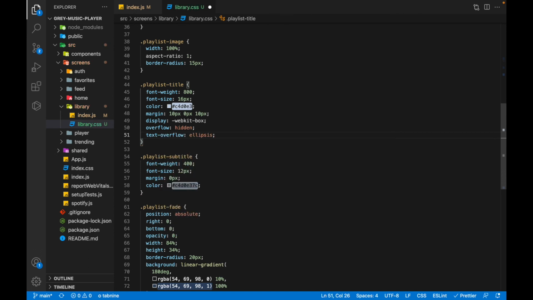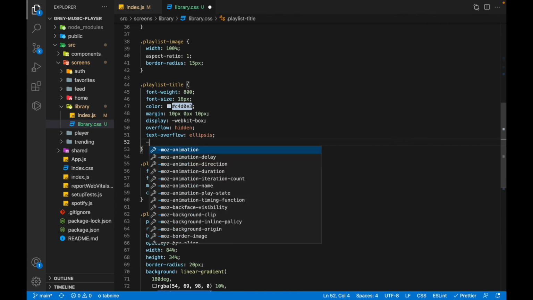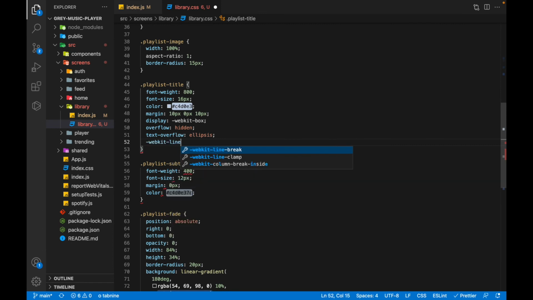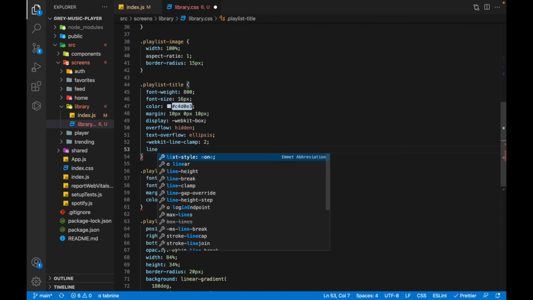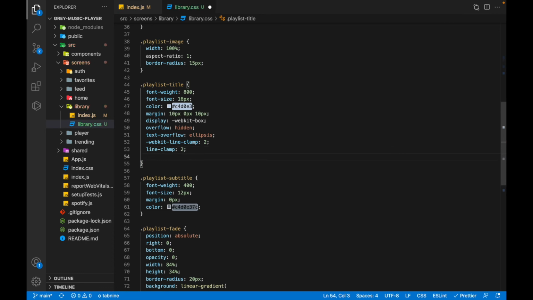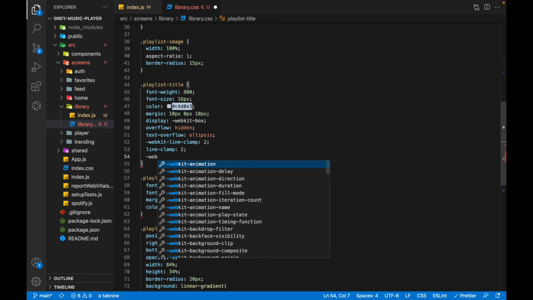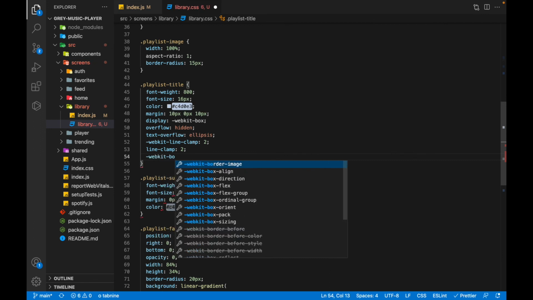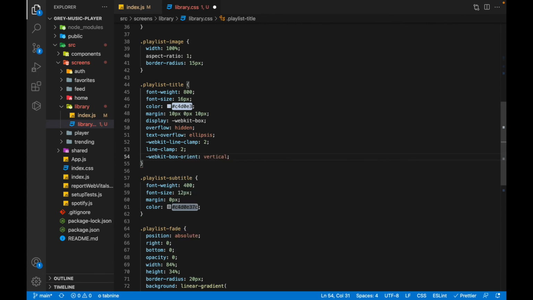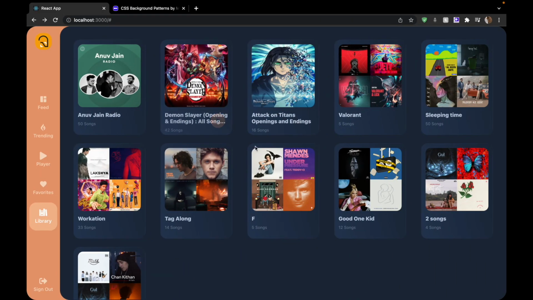All right, now to clamp the line, we'll use a property called -webkit-line-clamp, and we'll set it to 2. And another line-clamp property for other browsers other than Chrome, we'll set it to 2 again. And we'll set the orientation of the box, box-orient, to vertical. Right, let's see if it works. Yeah, so now this is going into an ellipsis and all the text is inside the box only. All right,